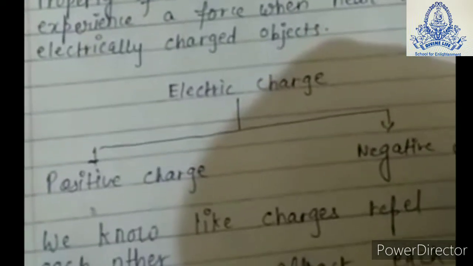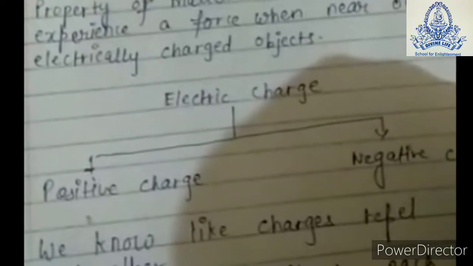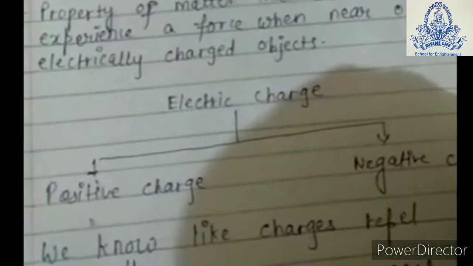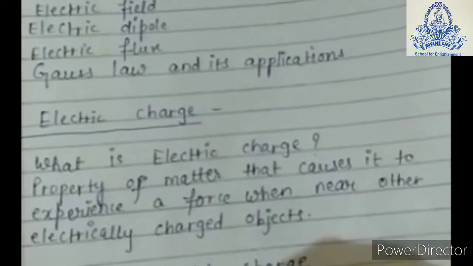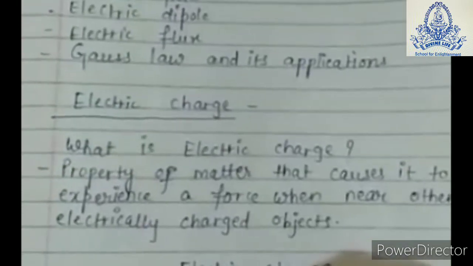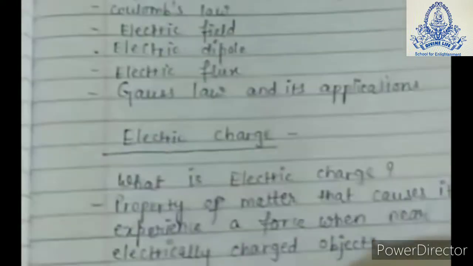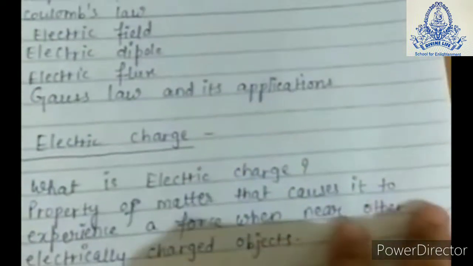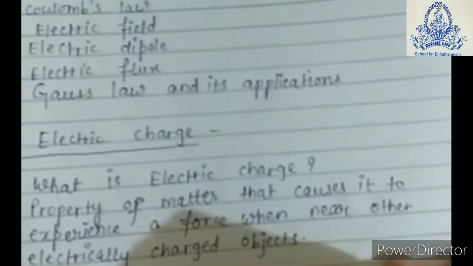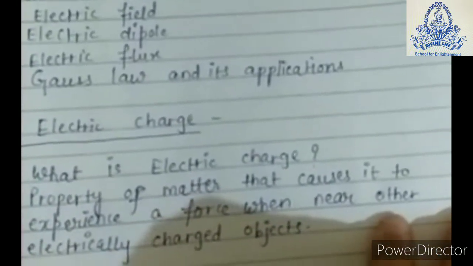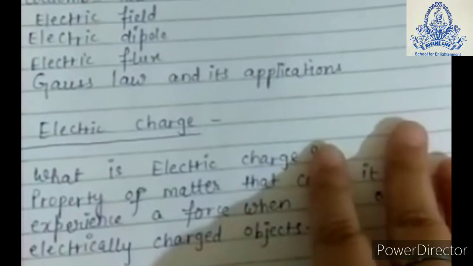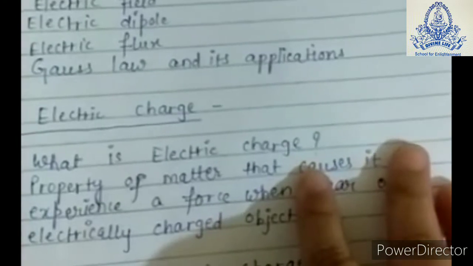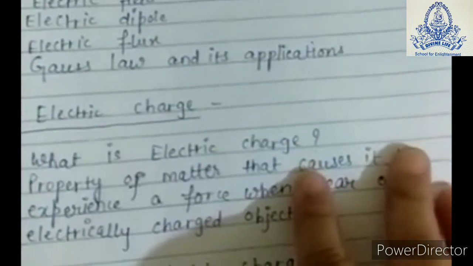So these were certain examples which are very famous examples of electric charge, and also very common examples which we generally come across in our day-to-day life. So with this, let us start studying electric charge. I think now you would have the interest to know what is charge. How is the balloon getting charged, or how is the comb getting charged? What is electric charge?